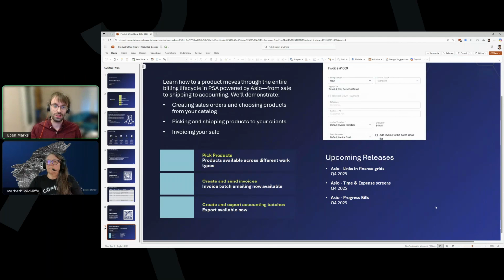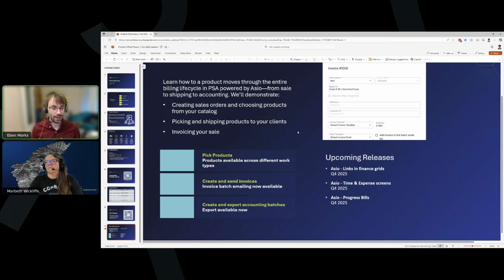So for example, let's say you're in invoicing, you see an invoice has a ticket attached. Right now in Asio, you can't jump directly to that ticket. You can over in Classic PSA. So we're just bringing over that kind of functionality, typical sort of functionality for jumping from one item to another and then still being able to navigate back. Yeah, we're also doing work on time and expense screens, so to be able to bring those together into this